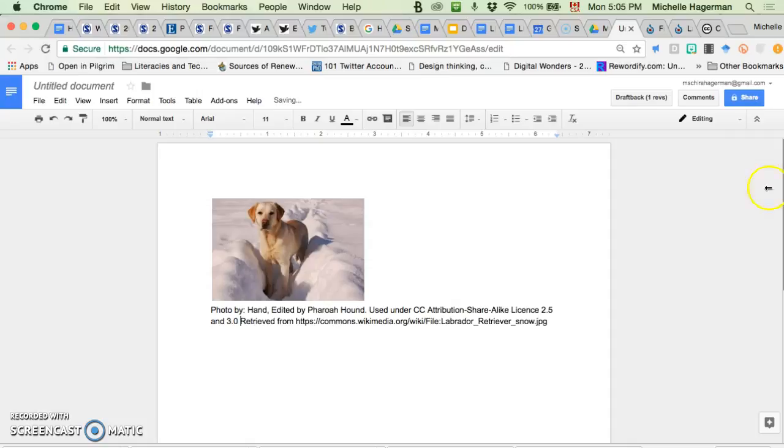But basically what I've done is I've put in the original author, and then I've also put in that the photo was edited by this second author, and then I've said here use under CC attribution share alike license 2.5 and 3.0 retrieved, and I've given the actual website where the original image can be found. So that's the kind of attribution that you could make underneath of an image in your own work as you're building your chapters. I hope that's helpful.